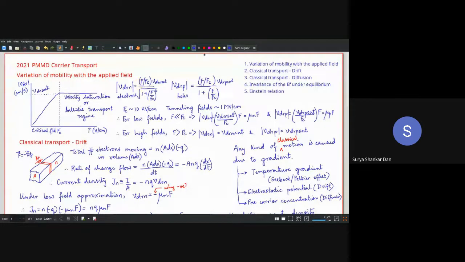Now in this lecture, what we will understand is, first of all, if we have any material, the device comes later, the material comes first, right? So is it true that if we go on applying a higher and higher voltage, if we go on increasing the voltage, you are essentially increasing the field inside the device.